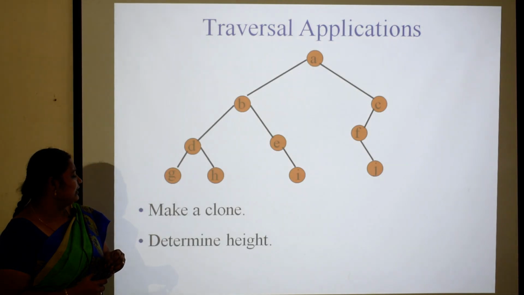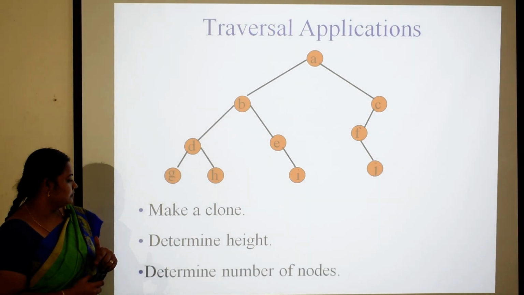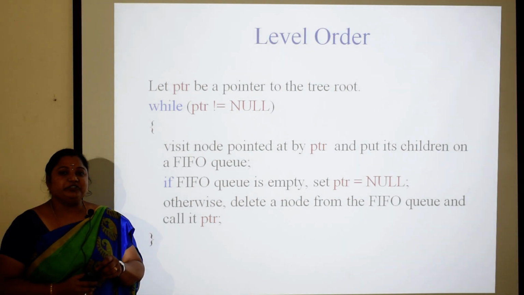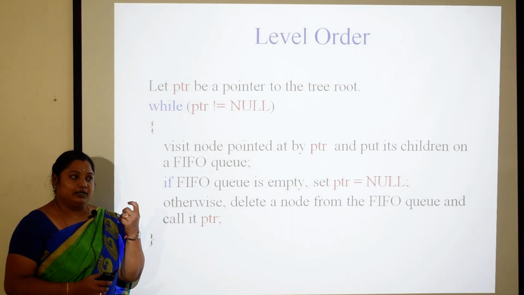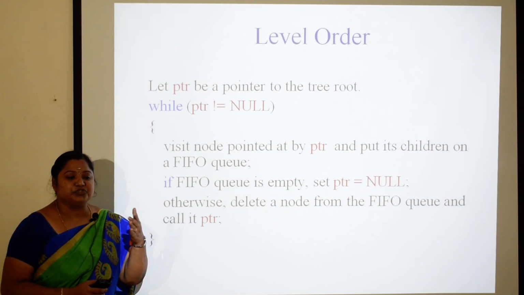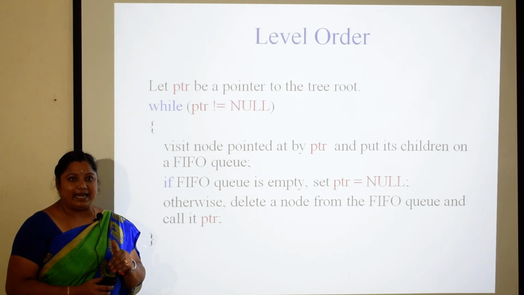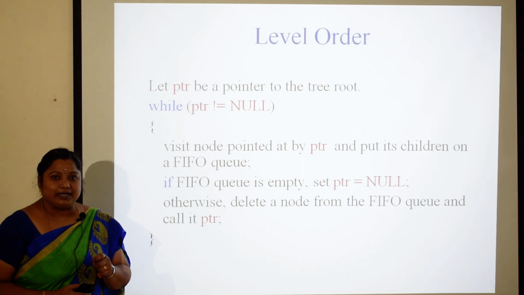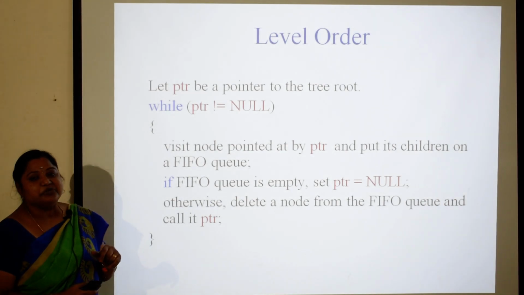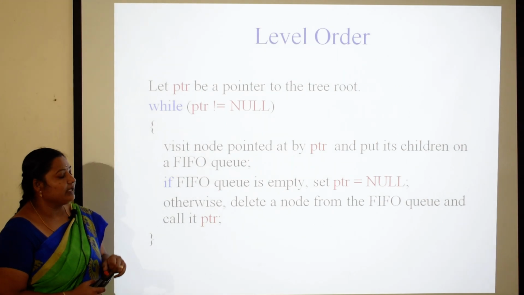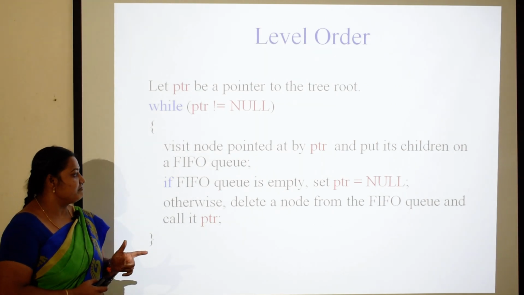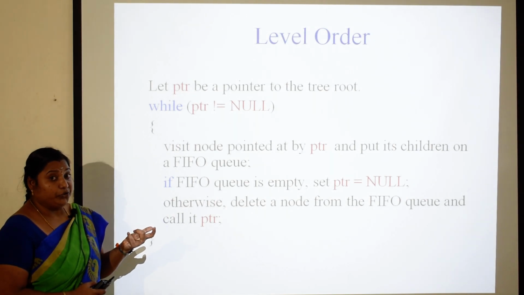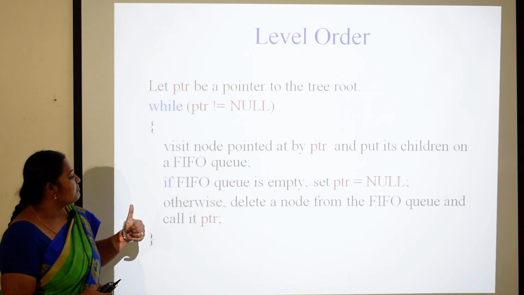Then level order traversal. In level order traversal, from the topmost level to the bottom level, we are going to print all the elements in each level. So whatever elements are present in a particular level, we are going to print them. For that, we use a queue structure. It has a FIFO structure, that is first in, first out. Whichever comes first inside our queue goes out first.